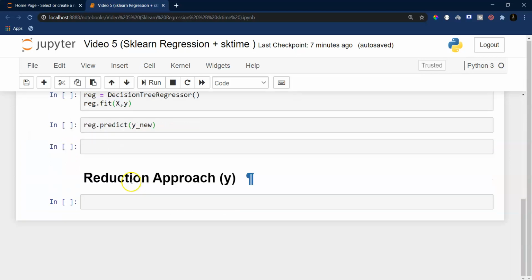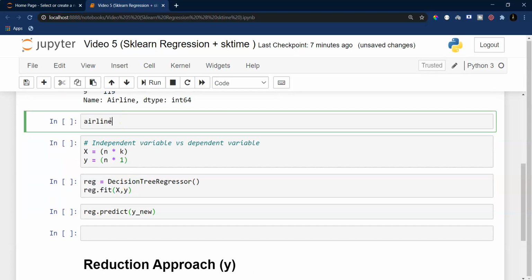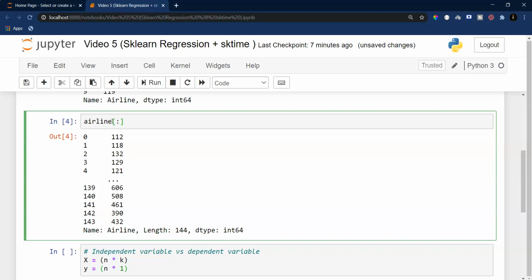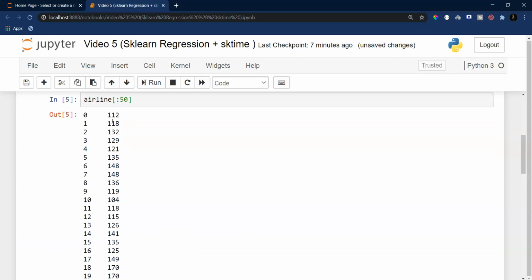Let me print the first 50 values of airline. For this value, do we have previous 10 values? No, we only have the previous 9 values. But from the 11th value onwards, we will have 10 values for each next value. Are you getting my point?